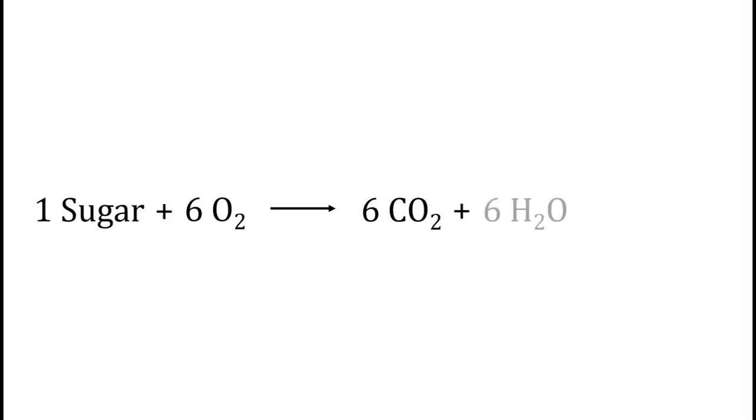Okay, here's a general equation for how this shakes out. You have a molecule of sugar, generally. You can start with other types of molecules like fats or proteins, but generally the end result is the same. They get converted to a sugar. And we take in oxygen, and together they undergo a series of reactions, and some of the products that are made, we have a byproduct, a gas, carbon dioxide. 6 molecules of it are made. We have some water that is produced as a byproduct, 6 molecules of it, and then we have energy that's